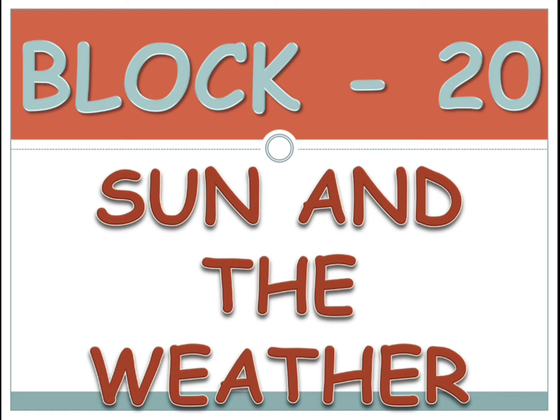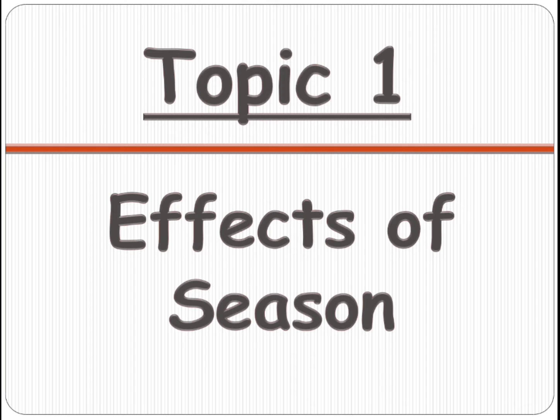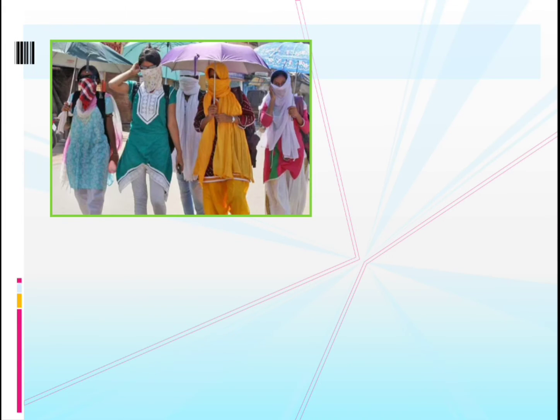We have different seasons, and these seasons affect our weather. So that is our first topic, which is the effects of season. How does the season affect the weather? Please open your science content book, children, and turn to page number 124. If you see the seasons, children, in the summer season the climate is very hot,